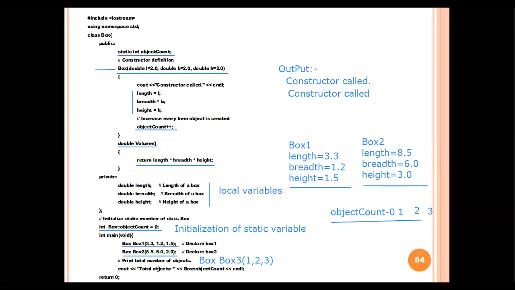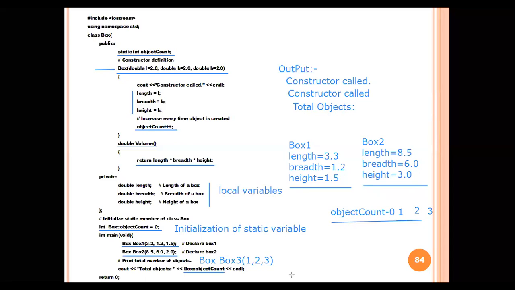Now what is the last output? Cout total objects: this will print, and it will directly call that static variable. Look at this last line: how are we accessing that static variable?